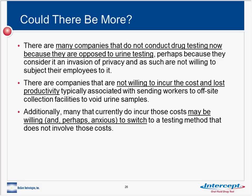And incurring those costs now, they're interested in an alternative testing method that eliminates much of those costs, if not all of them, when it comes to certain aspects of the collection process, as well as some of the lost productivity that's commensurate with sending workers to off-site collection sites. And a step further, just trying to get a feel for who's interested in this. Keep in mind